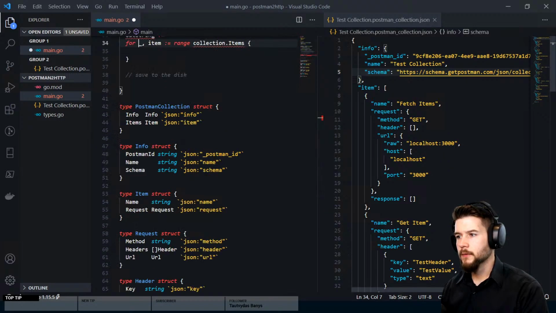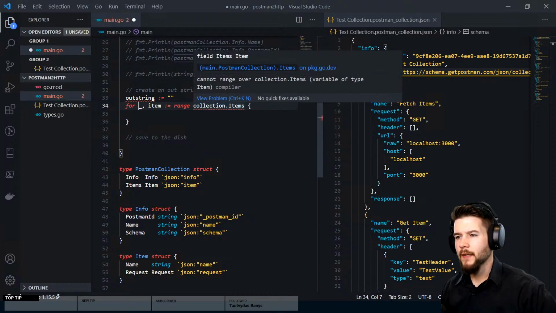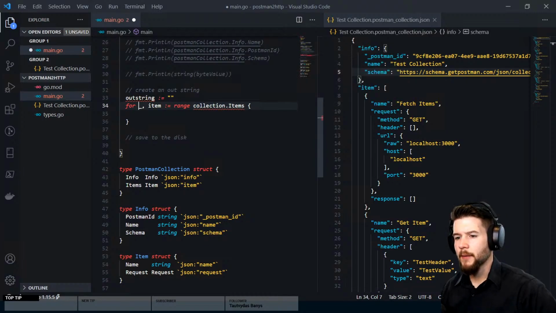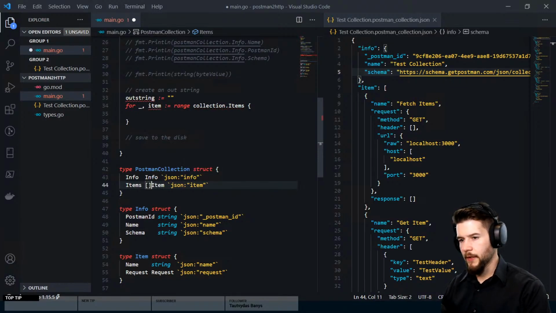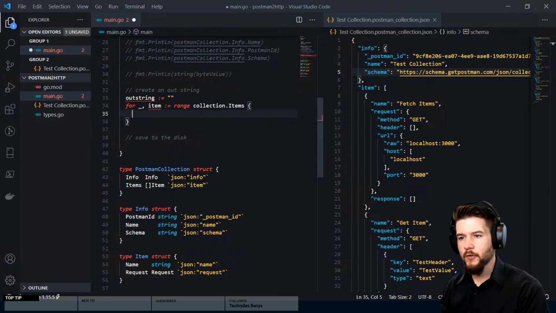Collection.items. Why can't I iterate? Cannot range over collection variable of type item. Oh, because it's not a slice. We've got to put that bracket over there like that. Okay, now we should be able to iterate over it. So for each one of these, we basically need to